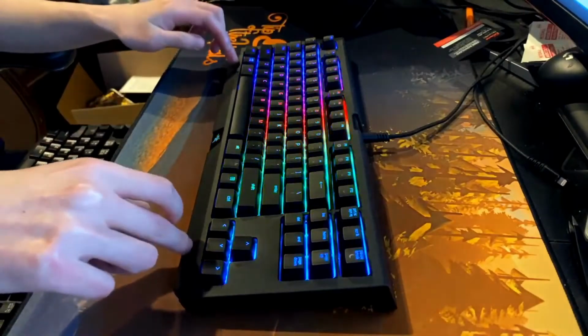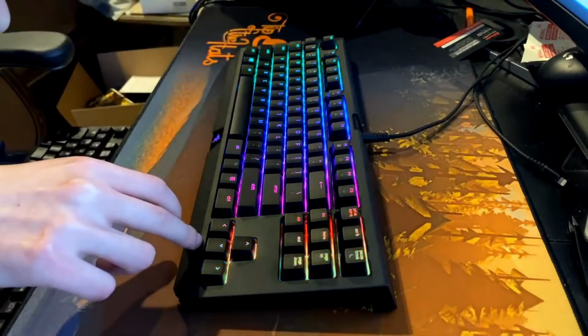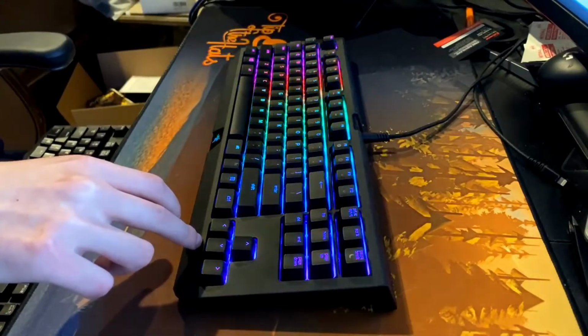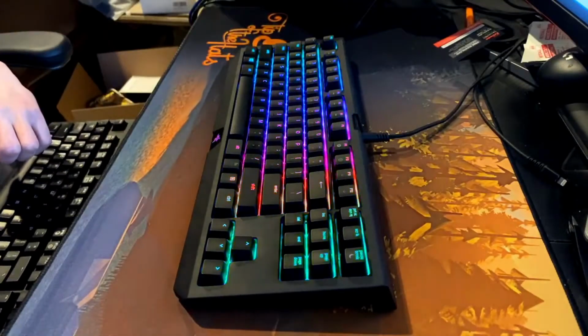The yellow ones are pretty similar to red switches. I think that yellows have a slight more bump to them than red switches. And then the orange switches are similar to browns. But